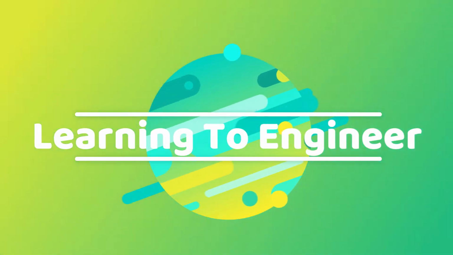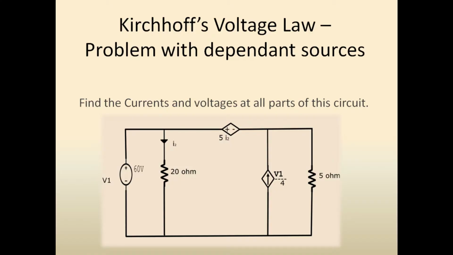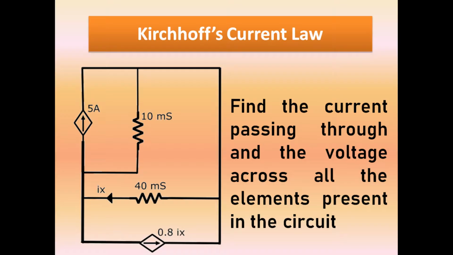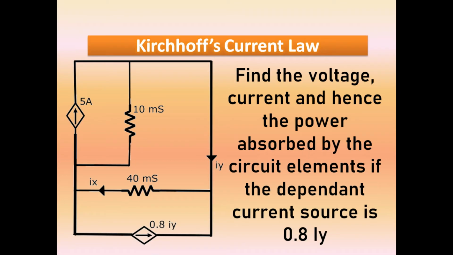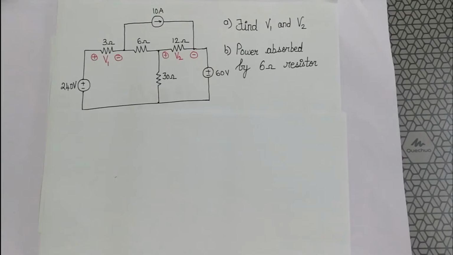In the previous videos, we saw the application of Kirchhoff's current and voltage law for different simple circuits. We applied Ohm's law repeatedly over a loop and then made the Kirchhoff's voltage law and the Kirchhoff's current law. If we apply the Kirchhoff's voltage law to all the loops present in a network, that is called mesh analysis. In the previous videos, we solved the application of Kirchhoff's current and voltage law by applying it to some simple circuits.